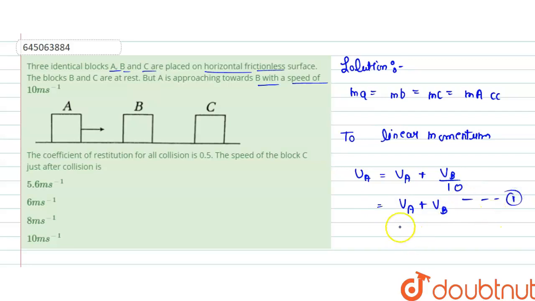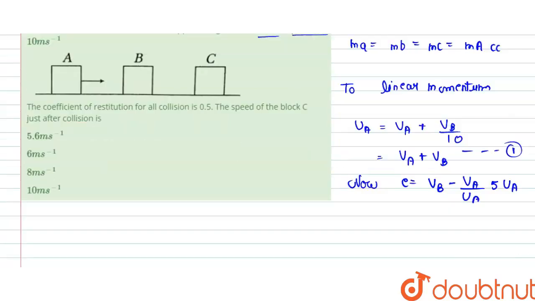Now the coefficient of restitution e equals (vB minus vA) upon uA, which is 0.5 uA, and this equals vB minus vA, and this is equation 2. So from equation 1 and equation 2 we find out